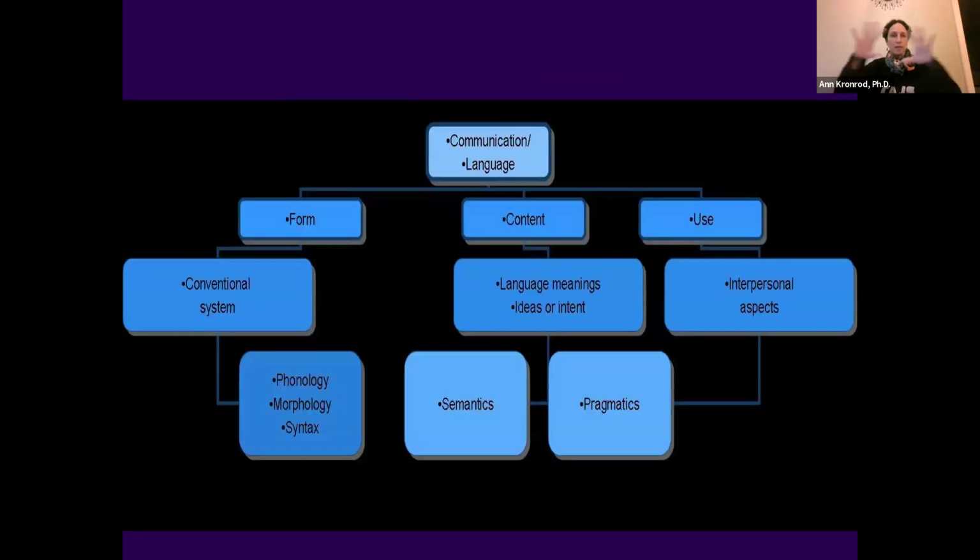If you look at the whole linguistics field, you can see that there is what is called a form, how you create different words and forms of sentences, but then it can convey content, it can convey meaning for a certain reason, for a certain use. And that's how language works, the whole system.